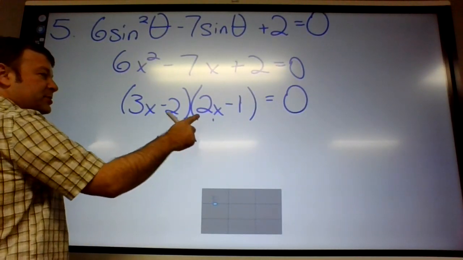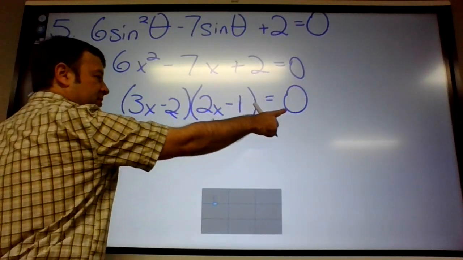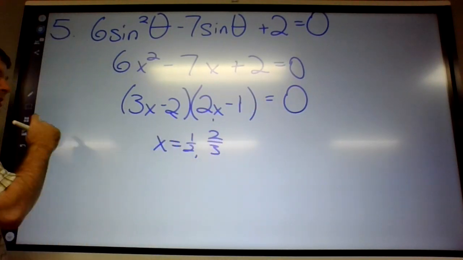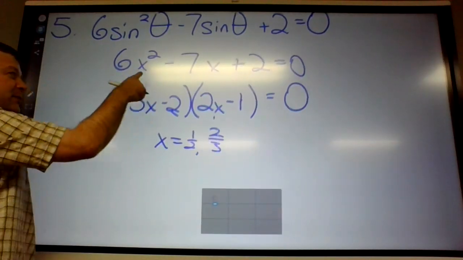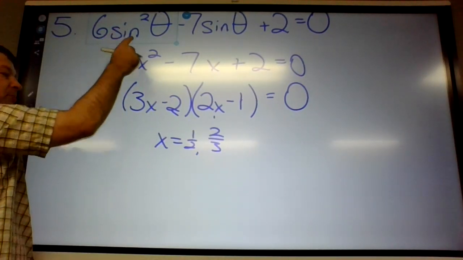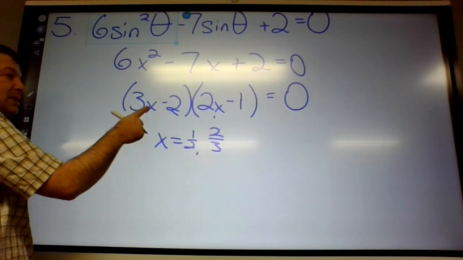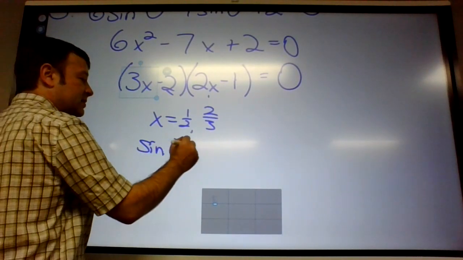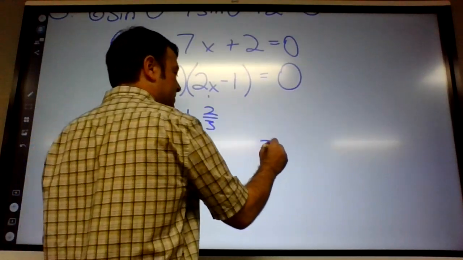What x values make these factors equal 0? 1/2 and 2/3. Okay, now if this was the problem, we'd be done. But this is the problem. I replaced sine with x. So that means sine of theta equals 1/2, and sine of